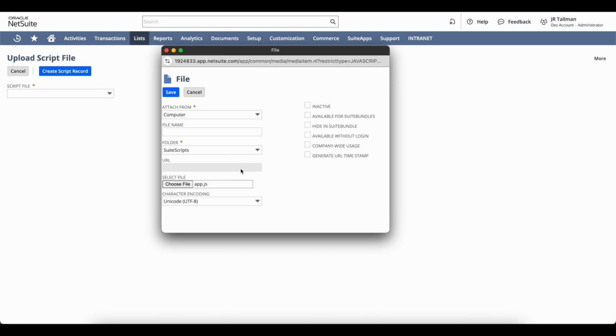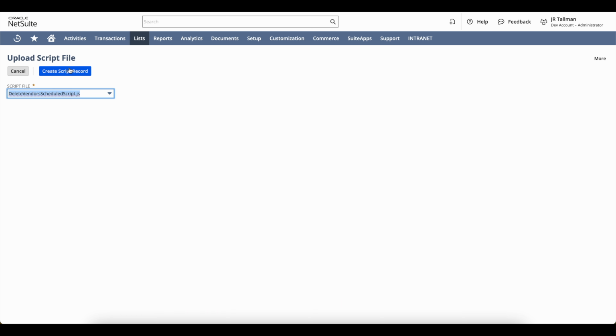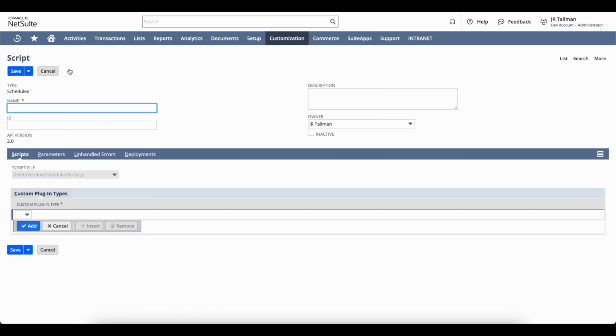choose file. And if you use the JS Editor and you didn't do any saving with a different name, it's going to be called app.js. What we're going to want to do is rename that file name up here, and I'm going to call this delete vendors scheduled script.js. So I'm renaming this from that app.js, so it's important to make sure that the file name is correct up here. I'm going to go ahead and click save here and click on create script record once that has been